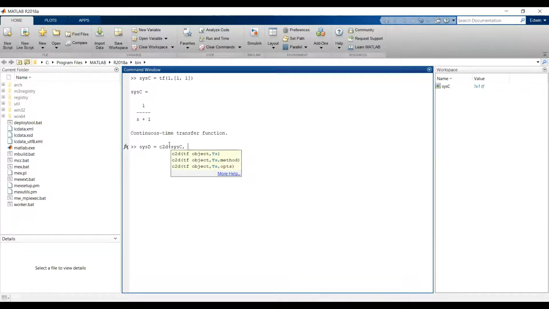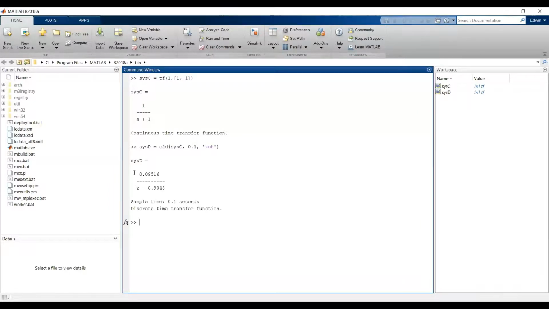The next input would be the sampling time Ts, which is 0.1, and method. So for the first method, which is hold equivalence, we would specify over here Z or H. So we are going to use the zero order hold method, which is what I have shown you in the example. So when I do that, when I run this function, I get my system D as